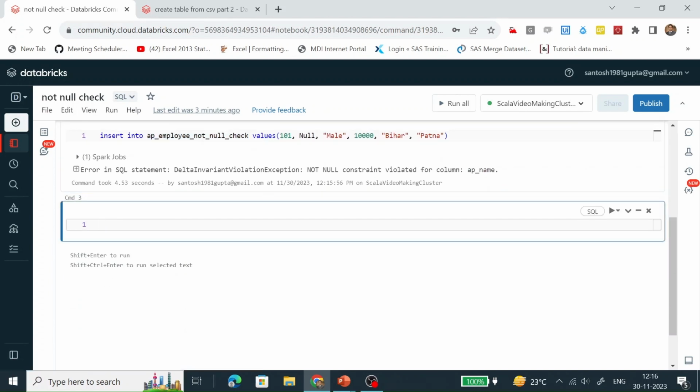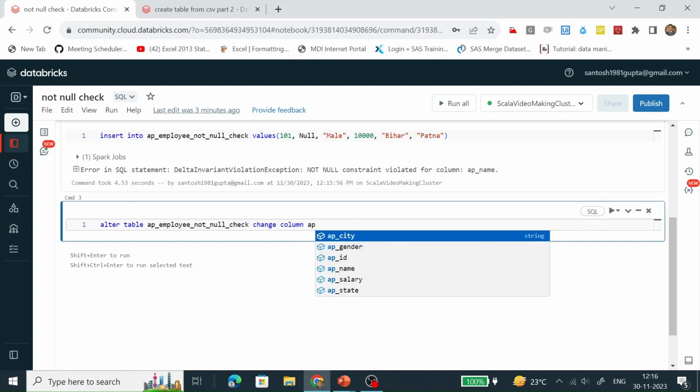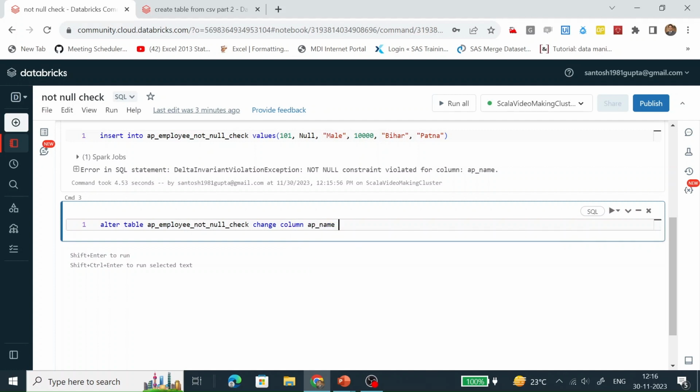So how are we going to drop it? Let's alter table. Which table are we going to alter? We are going to alter this table. Change column. Which column? AP name. What do we want to change? We are dropping the not null check.